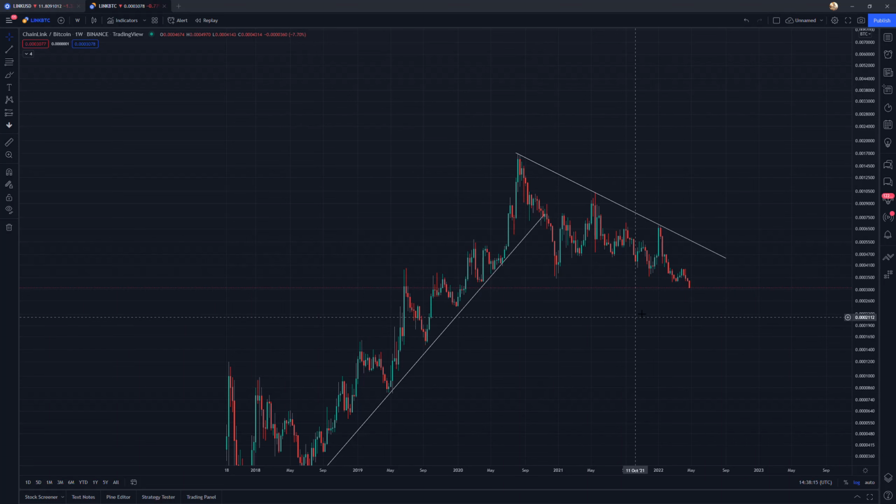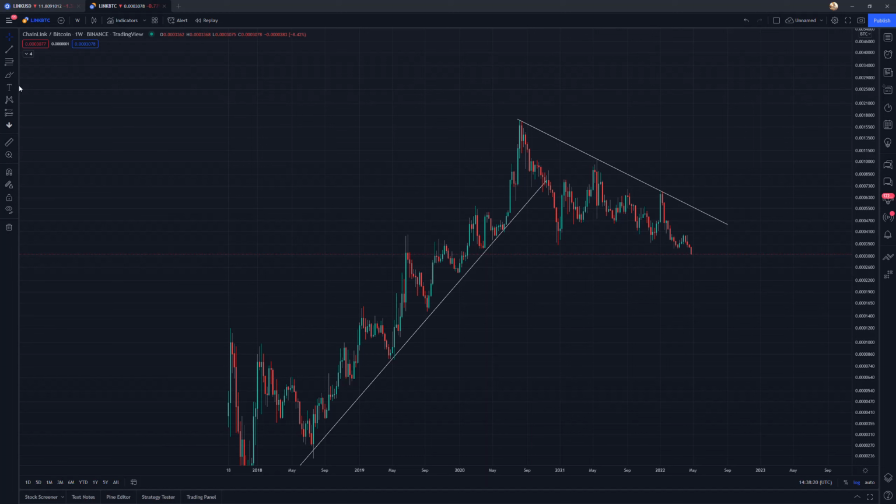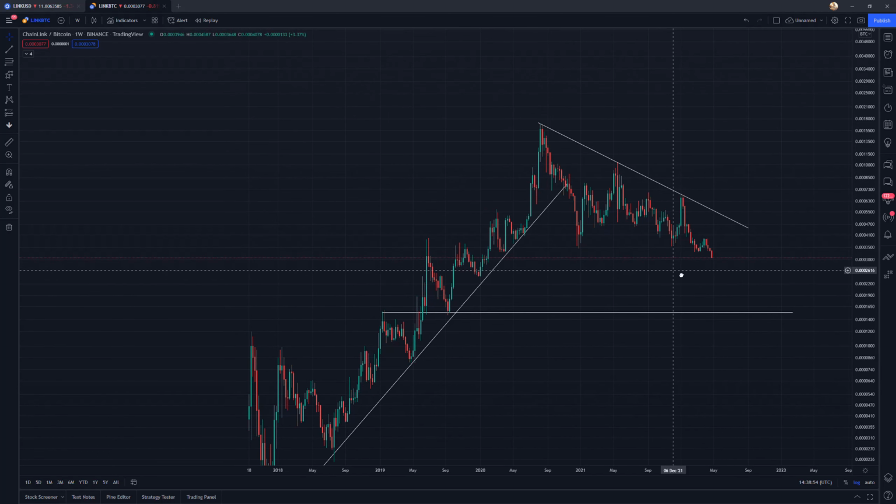So I would say that I would stick with the downtrend on this. And if you see some sort of bottoming pattern, then you could get excited, because obviously a bottoming pattern on a 2-year long trend would be significant. But I think I would stick with the downtrend and focus on some of these lower levels, like this 0.0015 level, because of how it has acted in the past as a support and resistance zone. And you can see how quickly we could get down there at this current pace, right? Even if you were a little more conservative, you could say we might be there by the end of this year. So I think you want to consider the opportunity costs.